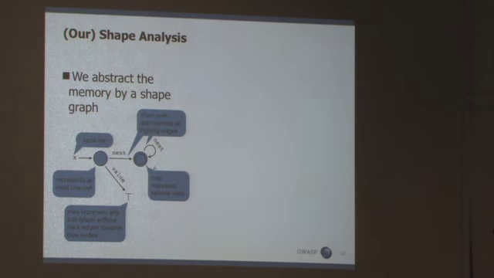And the shape graph has several elements. In the shape graph, you first have the local variables of your method that point to nodes in this graph. So this says that from local variable x, you can access memory that respects the structure described by the rest of the graph. And then you have nodes, and we have two kinds of nodes. We have nodes that say this node represents a memory cell, and it represents just one memory cell. Other nodes might have to summarize and talk about a whole part of the memory, representing everything going on in a section of the memory. So we have those two kinds of nodes, and of course when you know that something is just one cell, you'll see